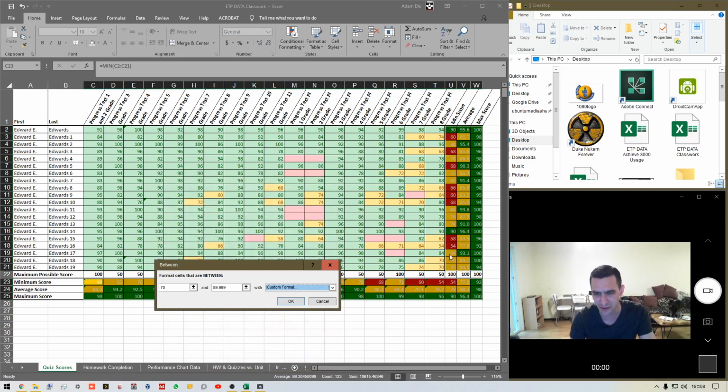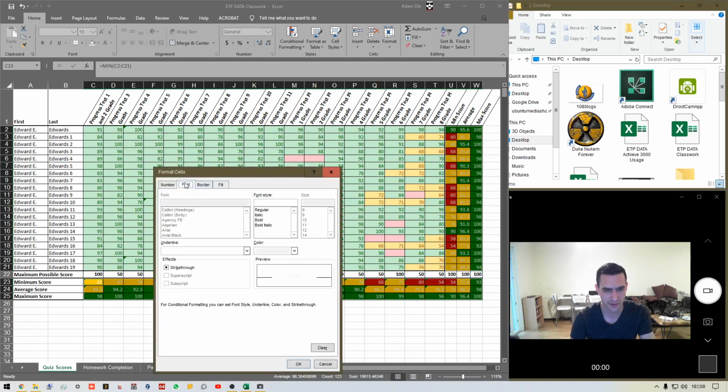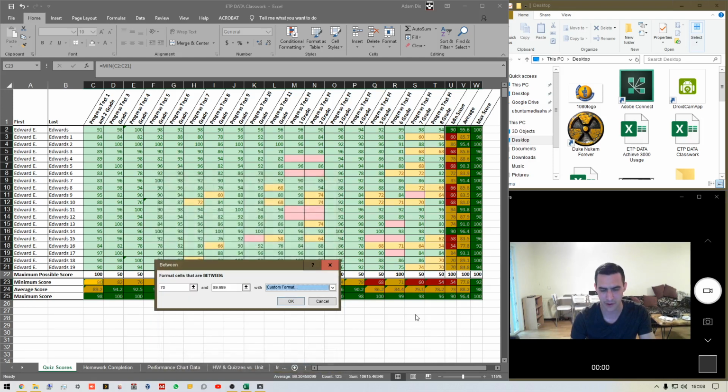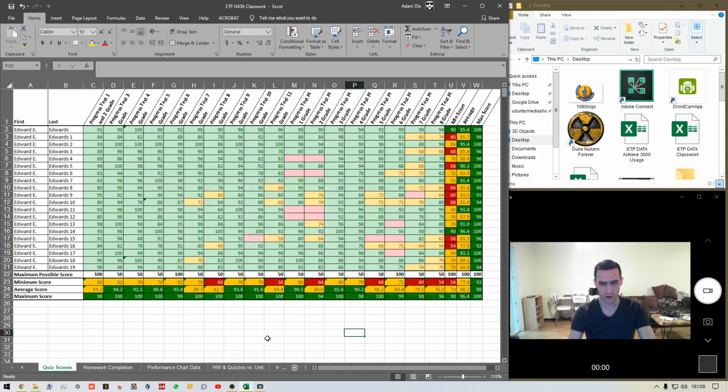And you can see, though, the gray doesn't really pop very well. So let's change that again, actually. Custom format. Let's go to font color. I'm going to make it like a darker grayish. Okay, there we are. So now you can clearly and easily delineate between the student's raw data and the calculated